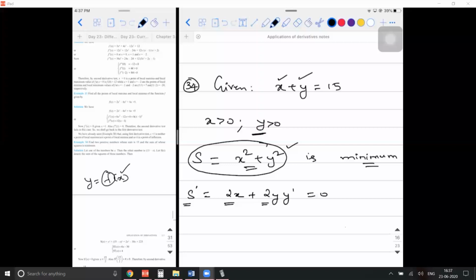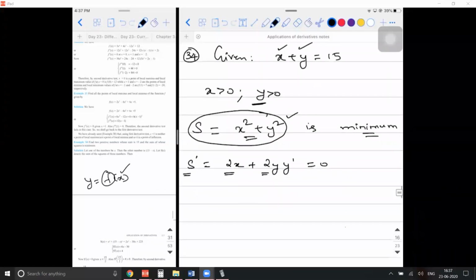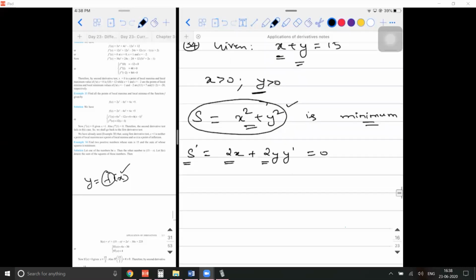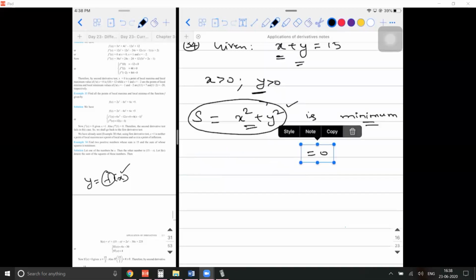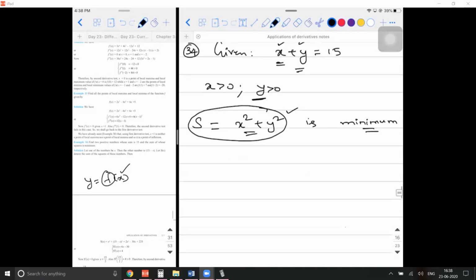Okay. So what they are trying to say is, I have two positive numbers. Did they say it is an integer? No, right? I have two positive numbers such that when I add them, I always get 15. So what are all the possible numbers you can think of? See, without calculus, I'll explain the meaning of this question. Then you will understand why calculus is saving our time. So if I say this problem is like this, x plus y is equal to 15, what are all the numbers I can think of?